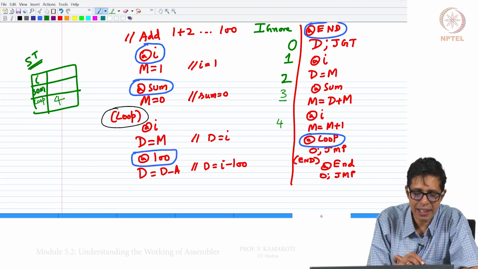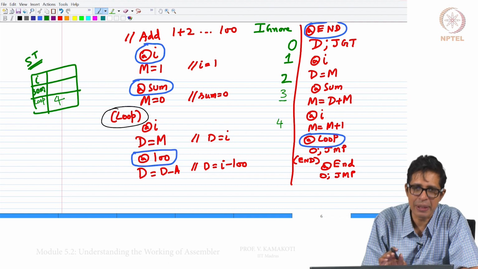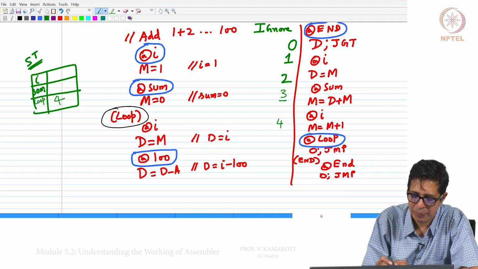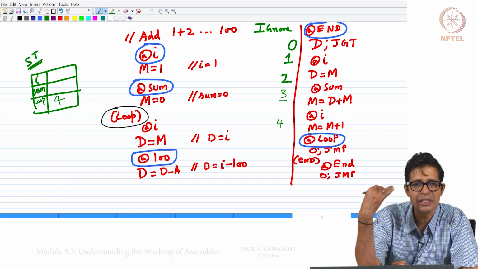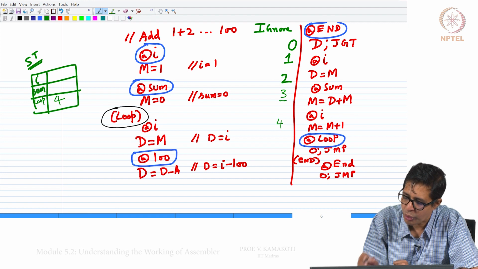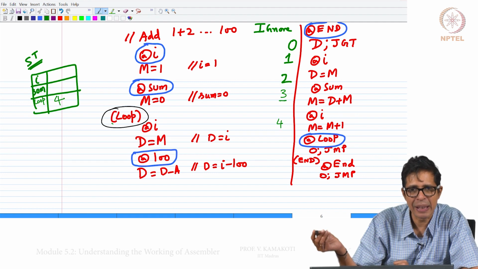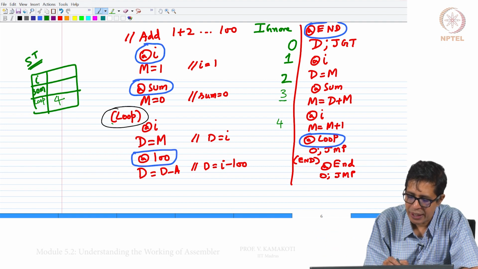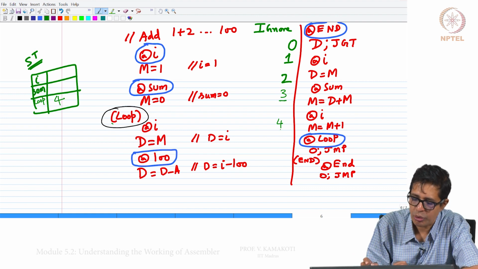I need not register again. That is one very important thing. When we are building the symbol table, every time a new entry has to be entered, we should check whether it is already registered. I is already registered, so nothing to do here. The counter becomes 4. For the label symbol there is no equivalent binary, so this is not counted. So, I come to I and I make it 4.